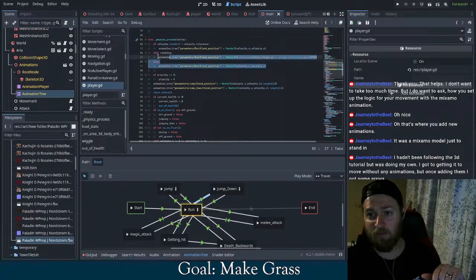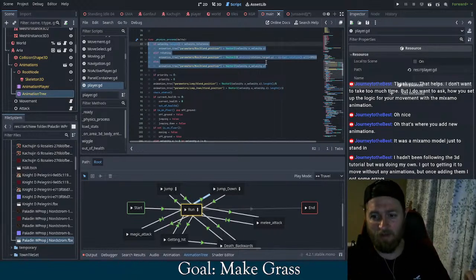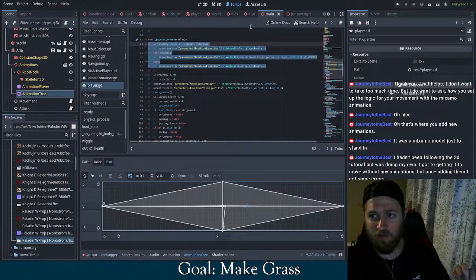You could set the blend position based on velocity. Your code will look almost identical to this, as long as you name your state machine run, right? So set it to run. It'll look like this, right? Where this sets essentially a two-dimensional map where you can, within your